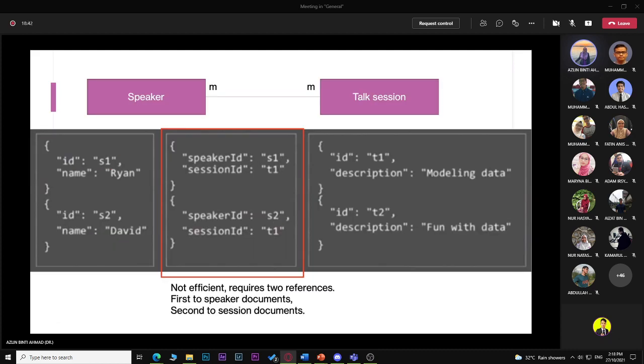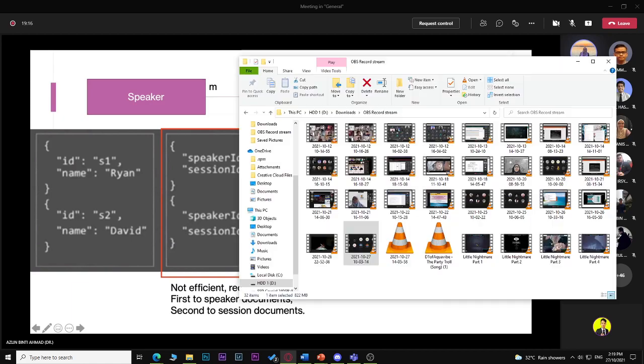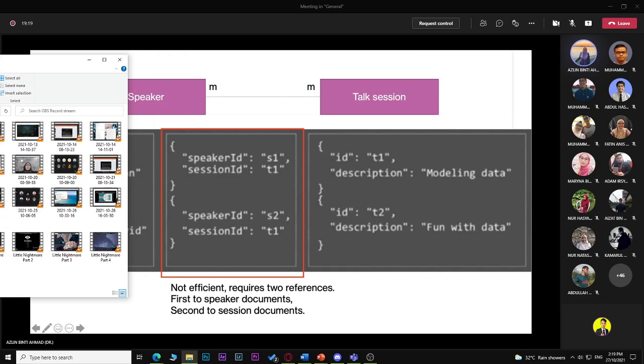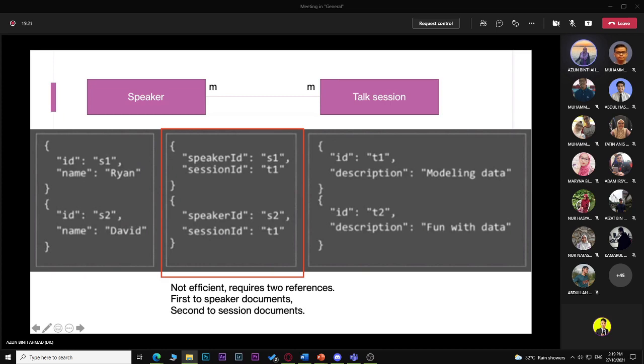And this is how we can model a many-to-many relationship. Let's say we have speaker and talk session documents. For speakers, we have two, Ryan and David. For talk sessions, we have two, T1 and T2. T1 is modeling data, T2 is fun with data. If you want a join table for these two documents, for example speaker ID S1, session ID T1, speaker ID S2, session ID T1, meaning that for one session we can have two speakers. You can do it like this,